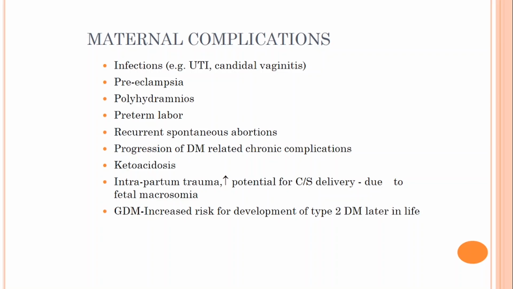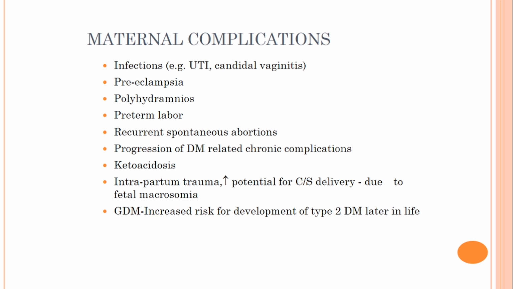So, what are other maternal complications? Other maternal complications include infections, as I've said earlier, preeclampsia, because of the large placental area, vasculopathy, and the likes. Then polyhydramnios, because fetal hyperglycemia results in fetal polyuria. So with fetal polyuria, there is polyhydramnios. So preterm labor could be the effect of preeclampsia, overdistension from polyhydramnios, even fetal distress.